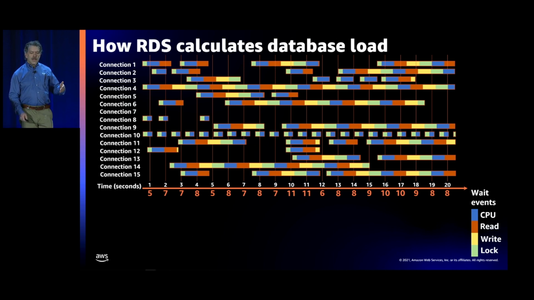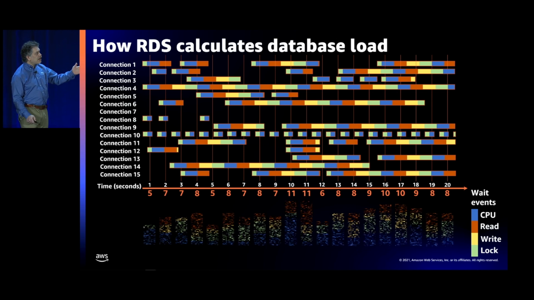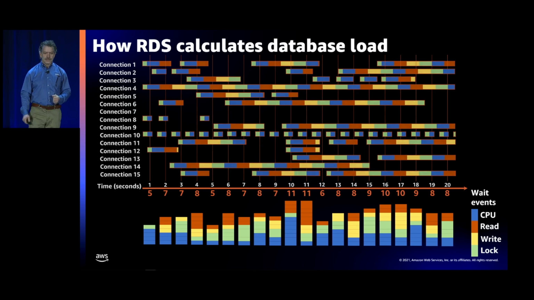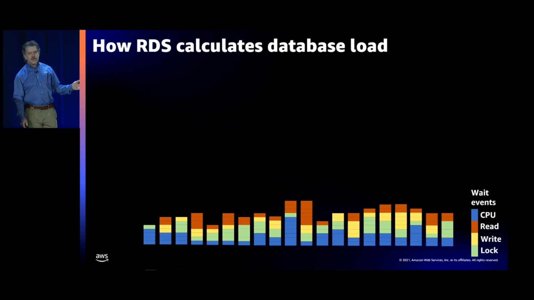You can see that these different waits are reflected in the active session requests. So if we not only count up the active sessions, but also count how many are in each different wait state, it means we can build a very nice visualization. And that's a visualization that we can use to characterize the prevalence of the various different kinds of wait events that are happening in a database's active sessions over time. And this type of visualization is at the heart of Performance Insights. Keep in mind, we're still talking about database load.